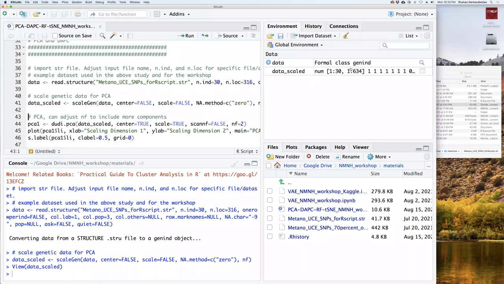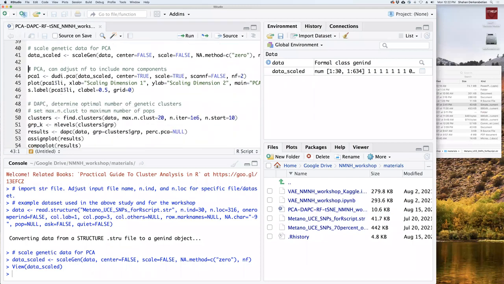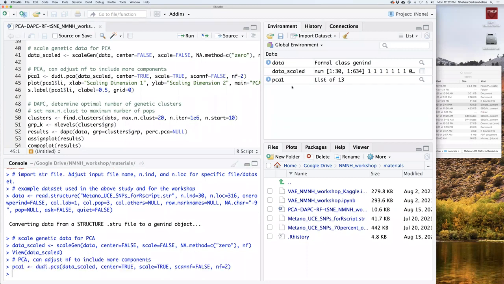So we have our data set we're going to work with now. Now we're going to go to principal components analysis. I use dudi.pca. This is a very commonly used one. These are things you can adjust if you want. These are the default settings I use for principal components analysis. This is the most common thing. This is something you should be aware of: the number of dimensions you want to deal with. Okay, so this does the principal components analysis. I'm going to do that, and it puts it all into this variable here, PCA1, and we can take a closer look at that.